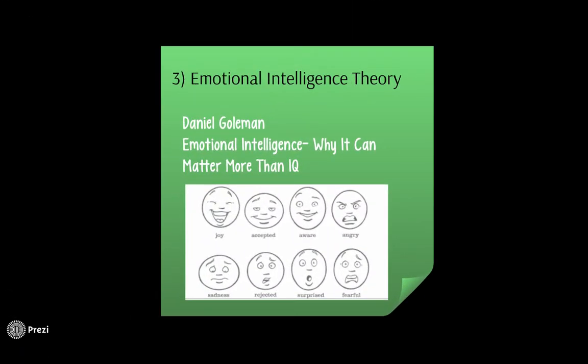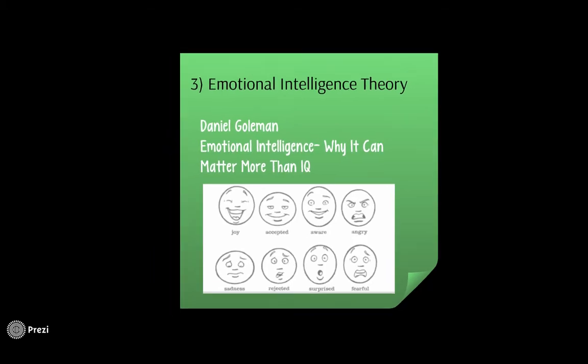The third is going to be emotional intelligence theory. So Daniel Goleman's going to create it, and pretty much what he's going to say is that emotional intelligence can matter more than IQ. And here's why. Because he believes it's the ability to understand, perceive, and control the emotions of self and others. So he says that if we are aware of other people's emotions, if we're aware of our own emotions, and we have an intelligence level that deals with that, then we can survive and function better in society. So he believes it's very important for you to be able to pick up on other people's emotions and react accordingly, as well as being in tune with your own emotions and understanding where they come from. So I kind of think that plays into being self-aware.